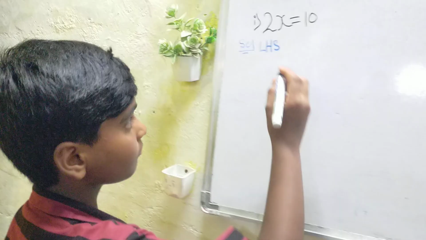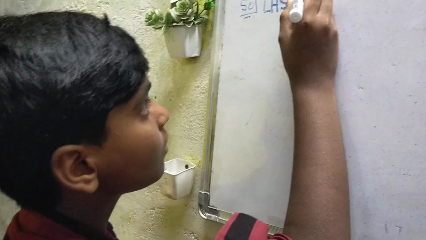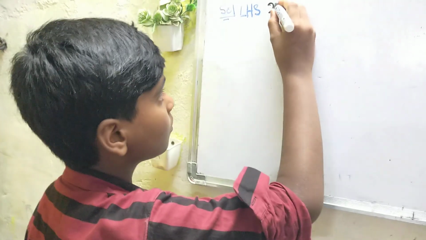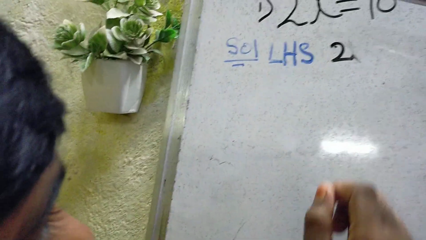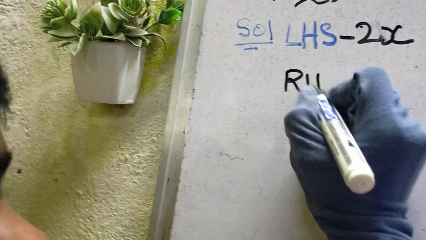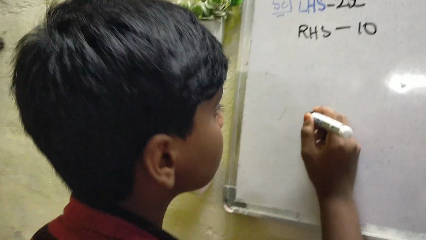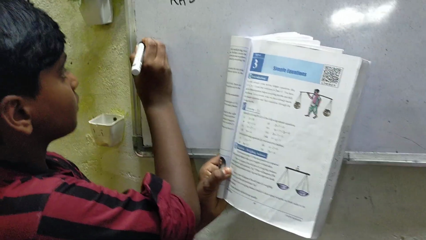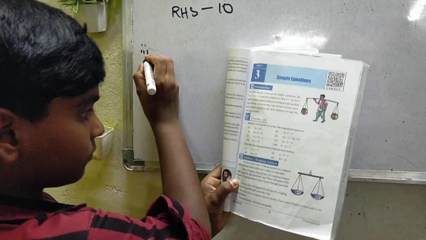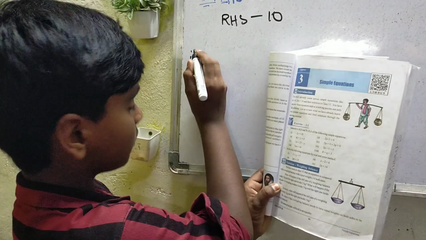Yeah, write it there. Write what that LHS is. Which one is 2x? LHS. 2x. Never write x like a multiplication sign. See, write x like an x only. Always write x like this. LHS is 2x. RHS is 10. Just write like that. Okay. Now second one. Copy the second one. Hold the book. Copy the equations and keep writing LHS and RHS. Fast, fast. Second one. See and write properly.